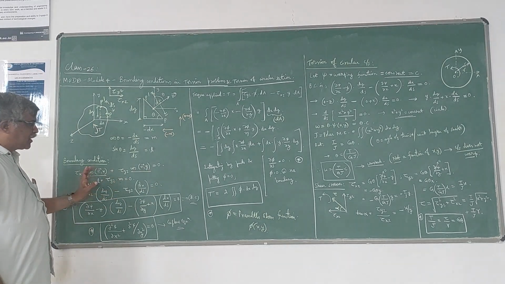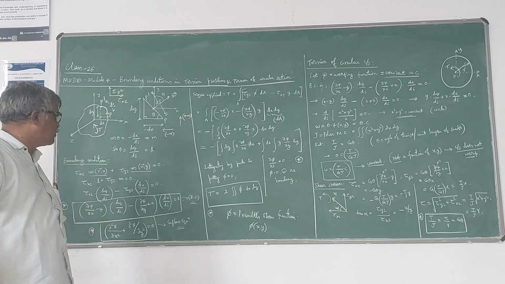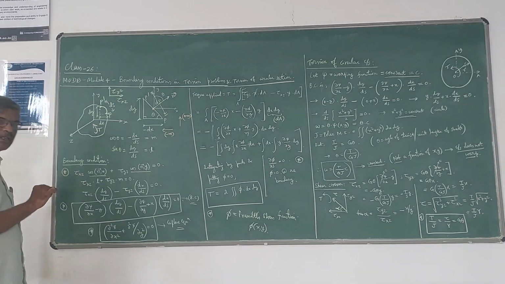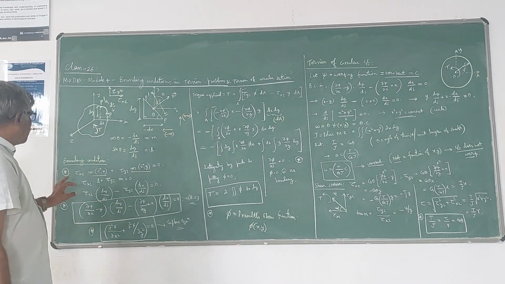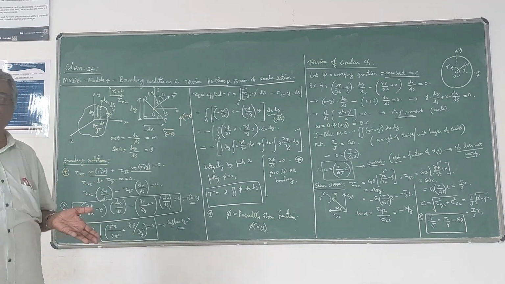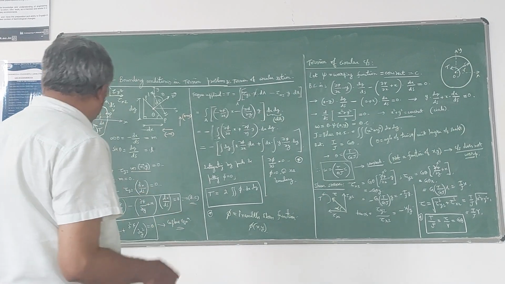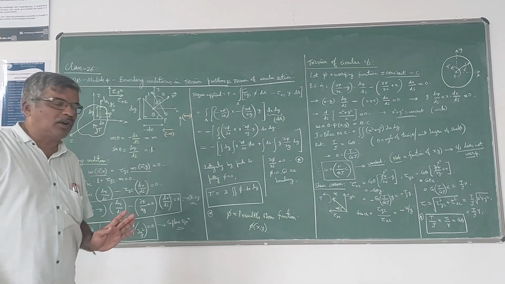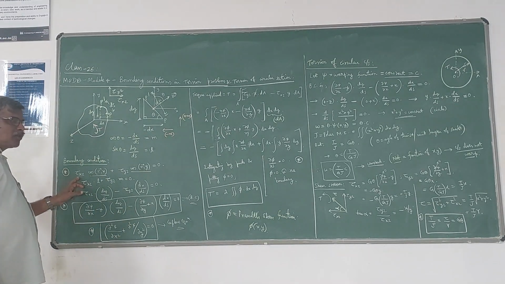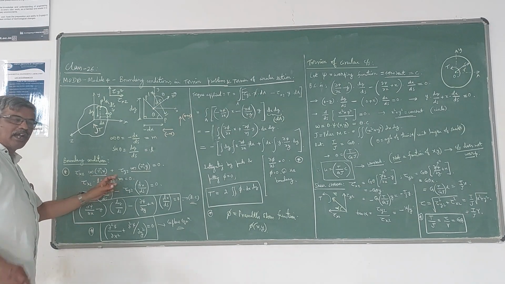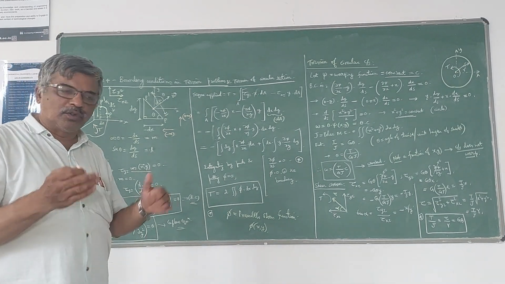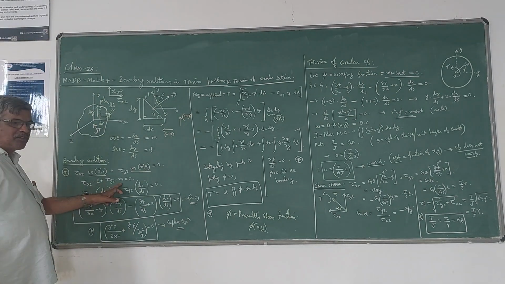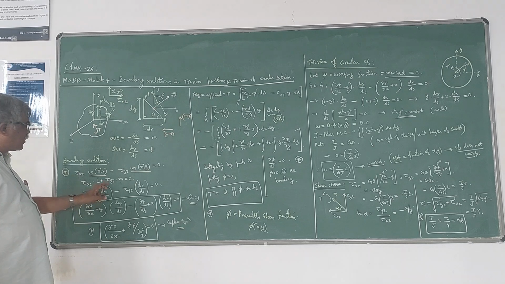So the boundary condition for this torsion problem, you have to remember this. You can derive this, but now I am not doing that. So just remember this equation, because all the other stress components are zero in torsion problems, that is sigma x, sigma y, sigma z and tau xy. All four stress components are zero, only these two exist: tau xz and tau yz. If you apply the general boundary condition to this torsion problem, you get the boundary condition in this form: tau xz into L plus tau yz into M